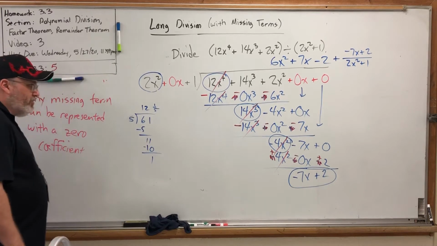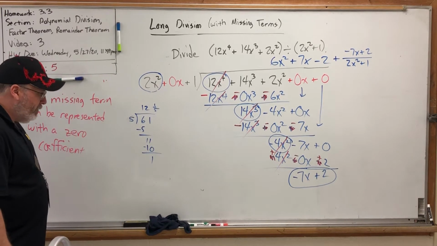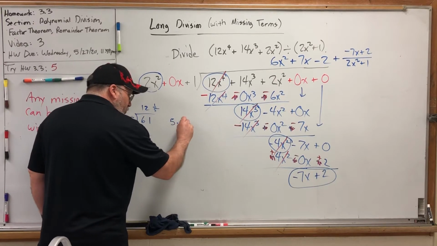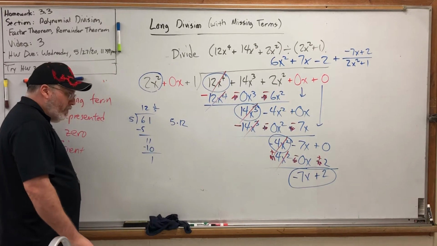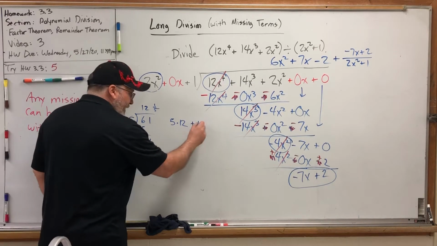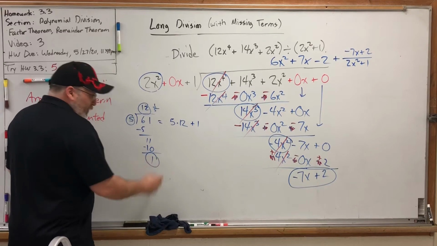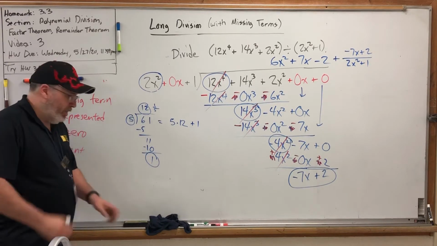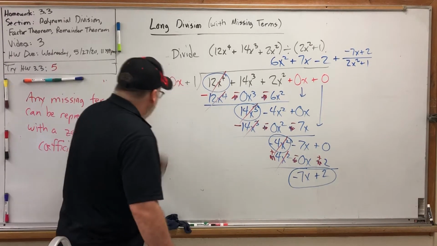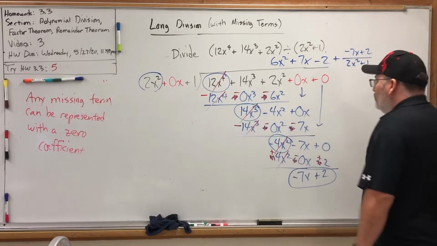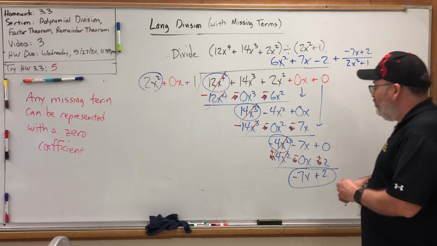But how do you check the answer to a division problem? Well, you multiply your divisor times your quotient, so 5 times 12, but then you add the remainder back. And if you check, 5 times 12 plus 1 is 61. So how would we check a division problem like this? Well, if you wanted to check it,